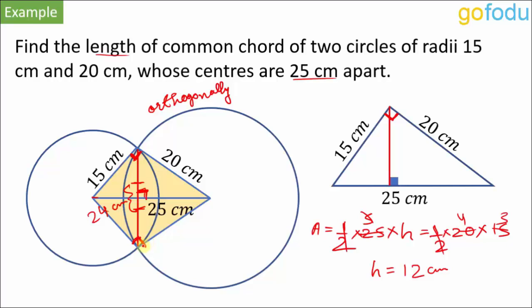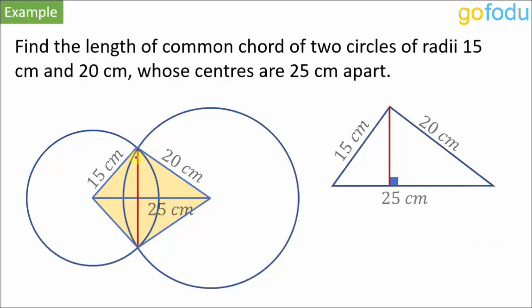Now what if this angle is not 90 degree? If this angle is not 90 degree, what then? Let's erase this. Now the radii are 13 and 14 centimeter and distance between the centers is 15 centimeter. I have changed the values of this question. Okay, this is the triangle formed and this angle is not 90 degree. Even now we can equate areas obtained from two different ways.